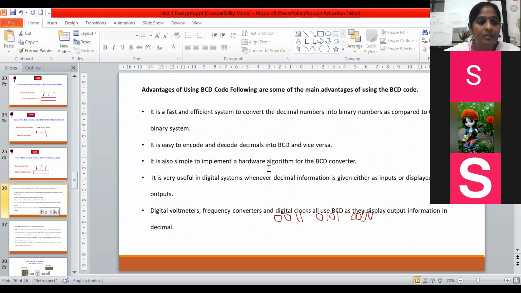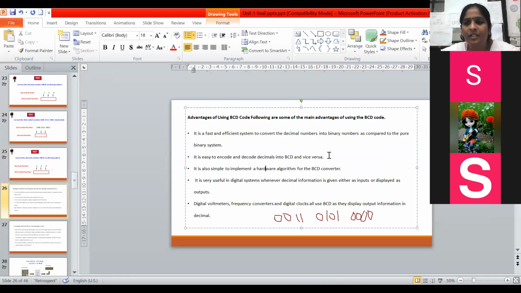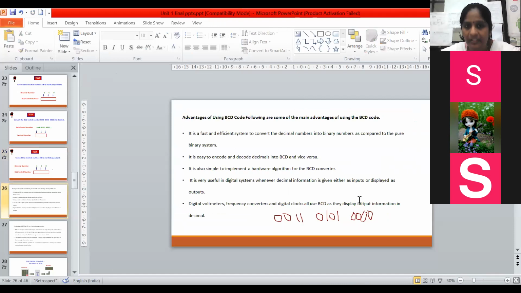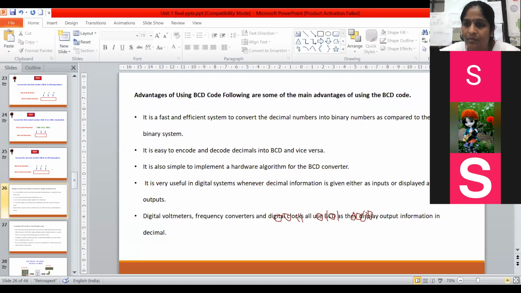See, we will see some advantages now. If all of you are clear with the BCD number system, we'll go for some advantages and disadvantages of the number system. Okay, just within 5 minutes, we will stop. Here are some advantages. It is a fast and efficient system to convert decimal into binary. Easily we can, किती 9 नंबर तर लक्षात ठेवायचेत ना आपल्याला. So easily we can remember it. It is very easy to encode the data. 1 चा बायनरी, 2 चा बायनरी लगेच आपल्याला लिहिता येतो त्याचा BCD नंबर सिस्टम.